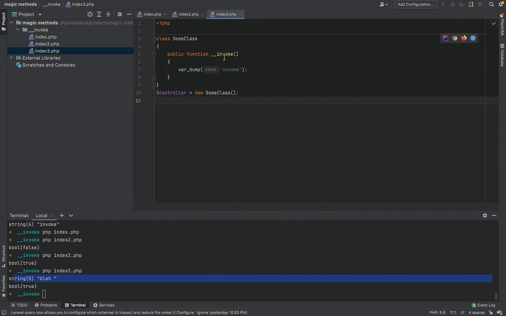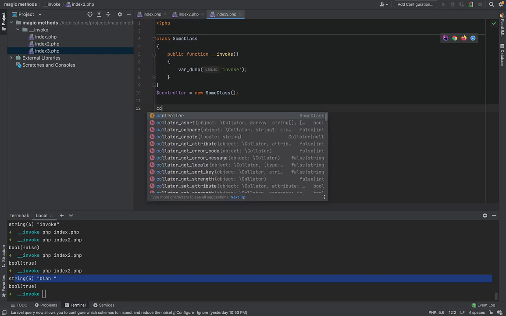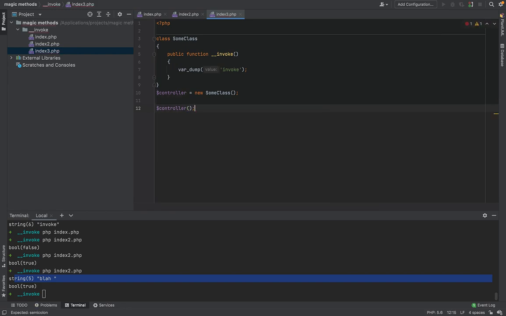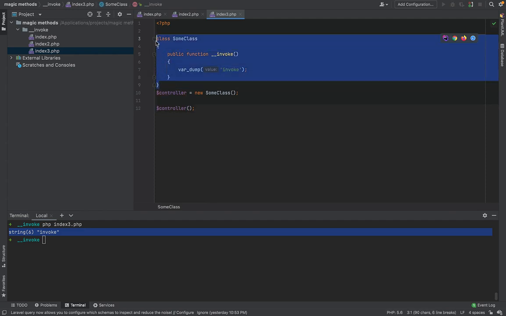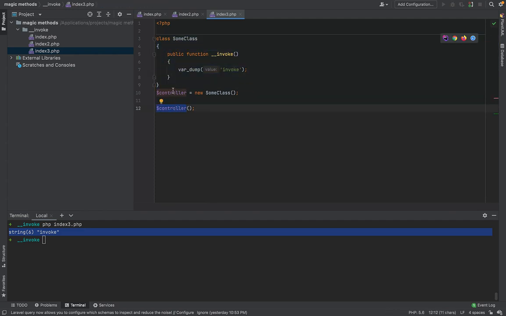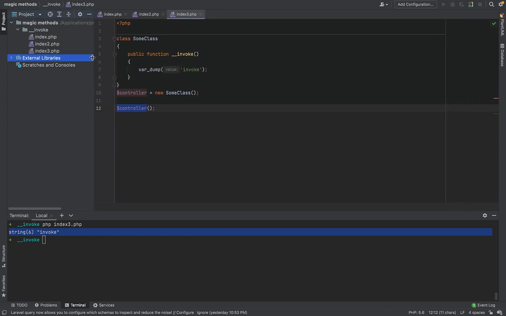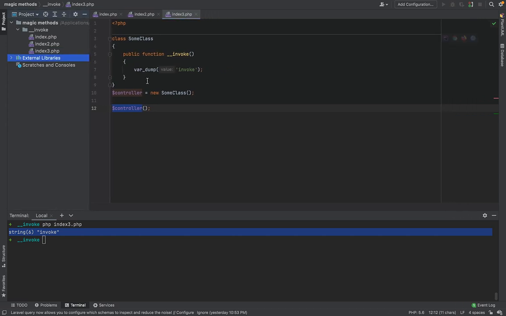How can I use the invoke now? It's very simple. I can just call it as a function. I can use it as a function, and here I can say index and you get the invoke. So without knowing anything about the class, I get the callable class. So what is the actual use case in here? There are quite a few usages in here. So there are some scenarios.